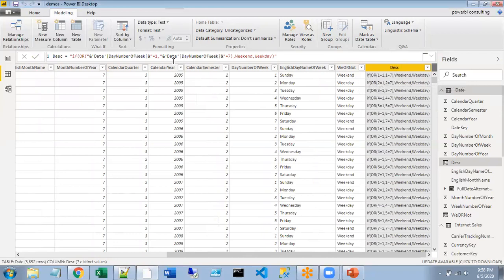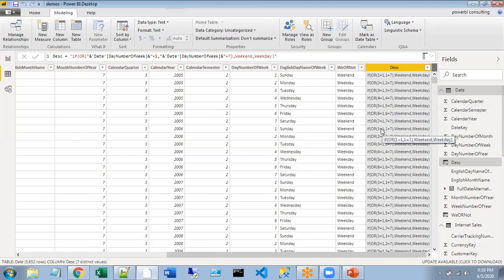The one on the right side of the equals sign I have just hard-coded; that is the assumption for calculating the column. The left side one is what we get from the current row when it is evaluating. When the expression is evaluating here, the left side part is coming from this day number of week. If you go to the second row, here 2, here 3, here 4, here 5, here 6, and here 7. Again here 1.